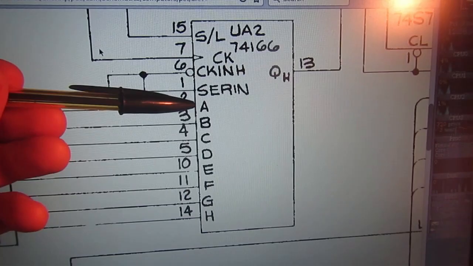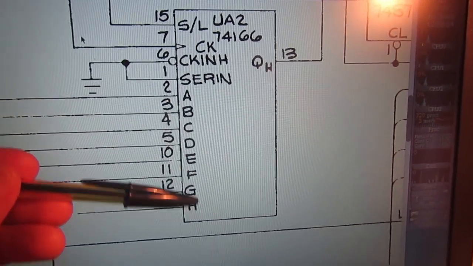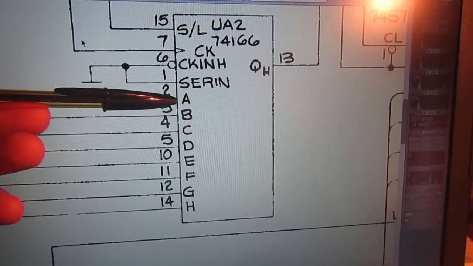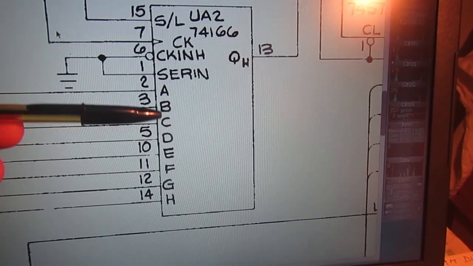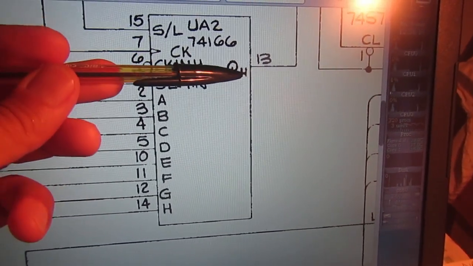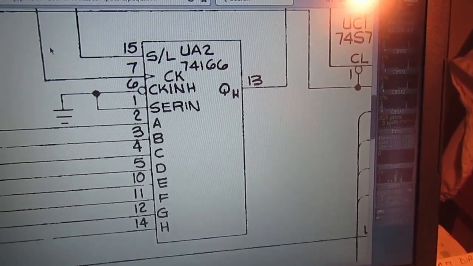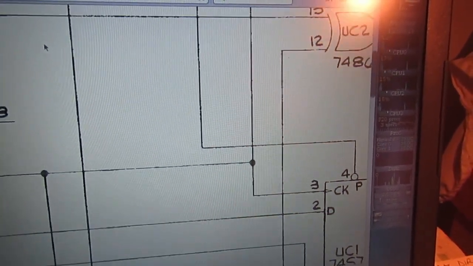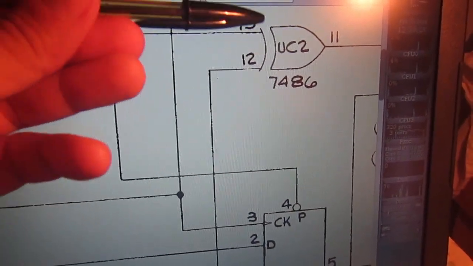That means that the data coming into this chip will go out 1 bit at a time, first, second, third, and so on, output from this pin, and this forms the actual video signal